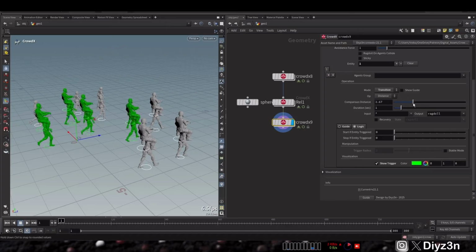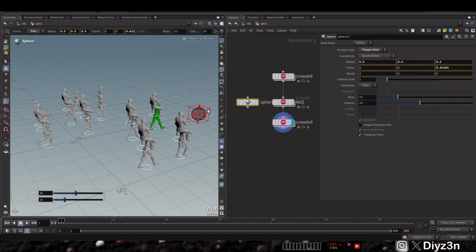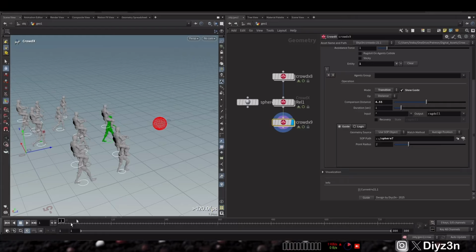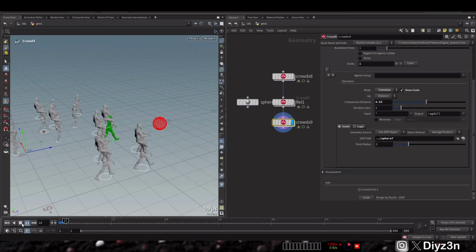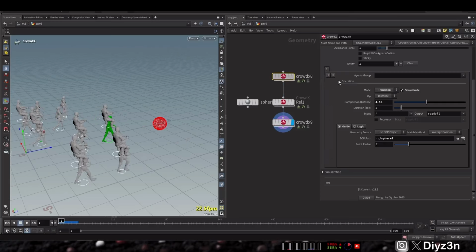And as you can see this is the distance and this is the guide. We can show it with show guide. And as you can see, maybe I can, you see this is very cool feedback. And let's see. Okay, and let's play. You see we don't have any ragdoll because we didn't set up that, and it's very easy to set up